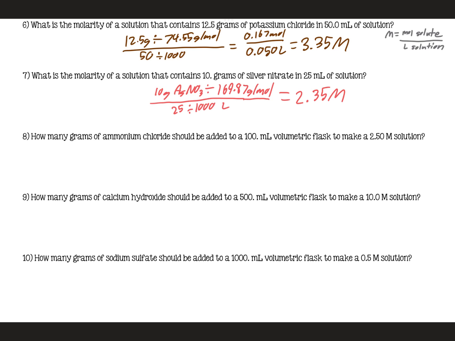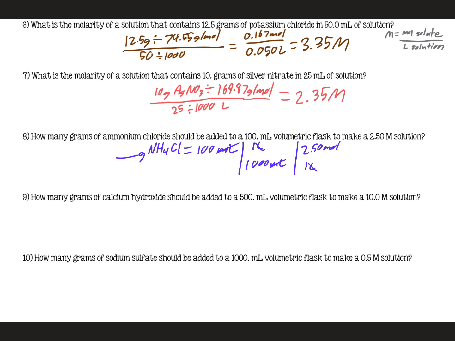How many grams of ammonium chloride should be added to a 100 milliliter volumetric flask to make a 2.50 molar solution? So blank grams NH4Cl is equal to 100 milliliters of solution. We know that 1,000 milliliters is 1 liter, so the milliliters cancel. We also know from the fact that we have a 2.50 molar solution that we have 2.50 moles in 1